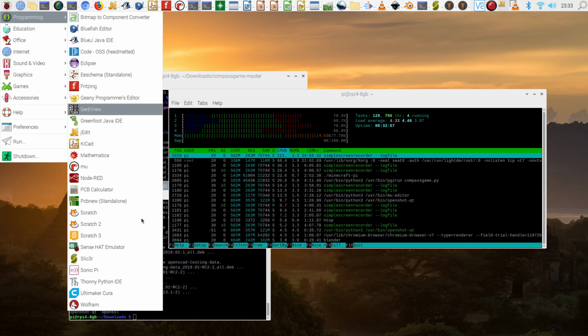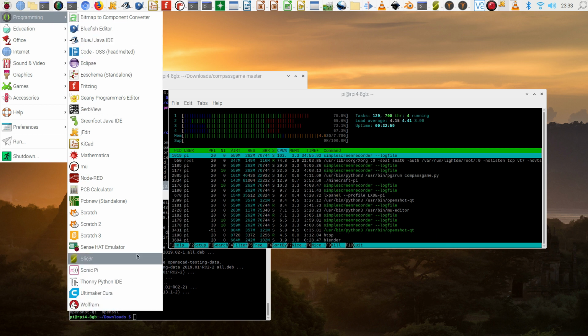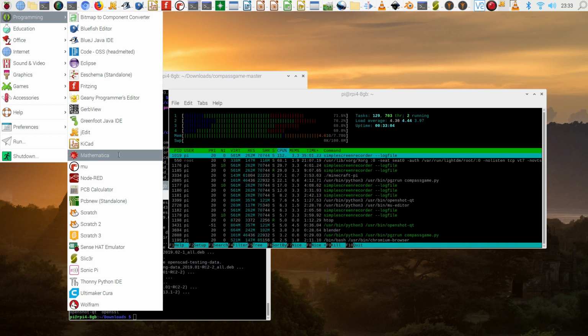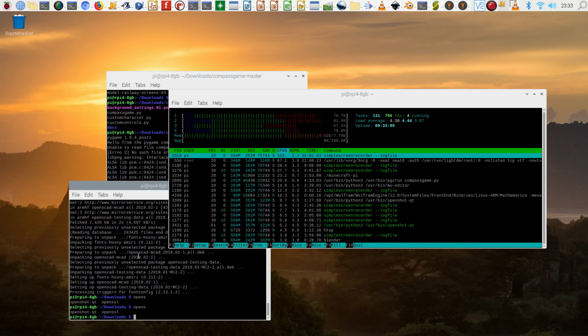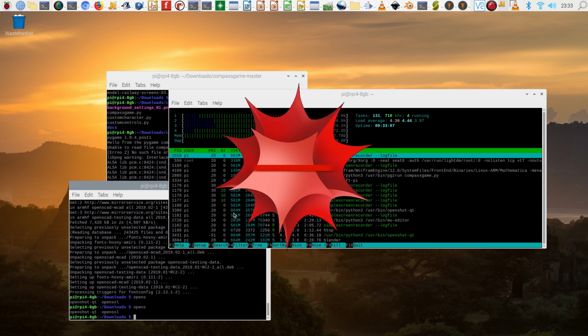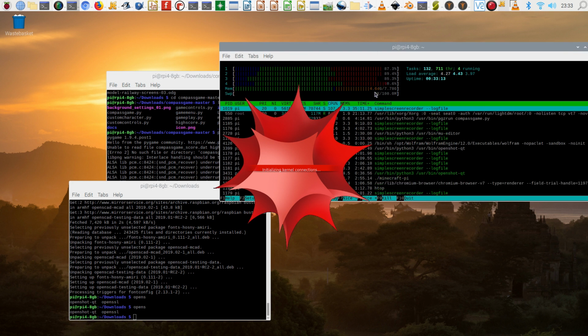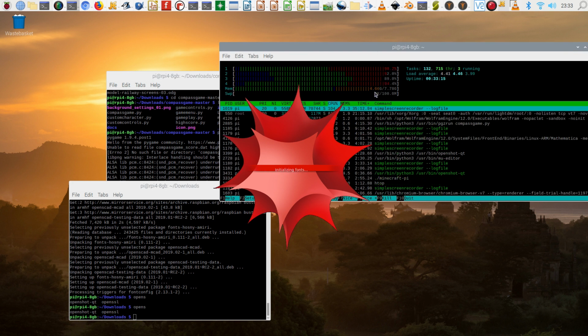show what's happened there. Anyway, so we could use Mathematica and maybe Wolfram, some mathematical engines. Hopefully they should use quite a bit of memory, but